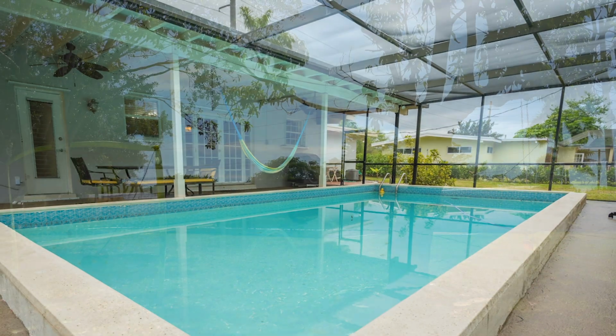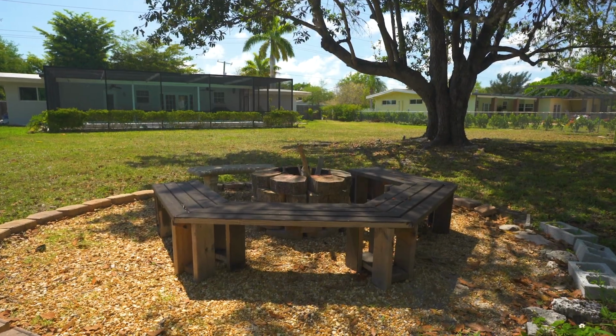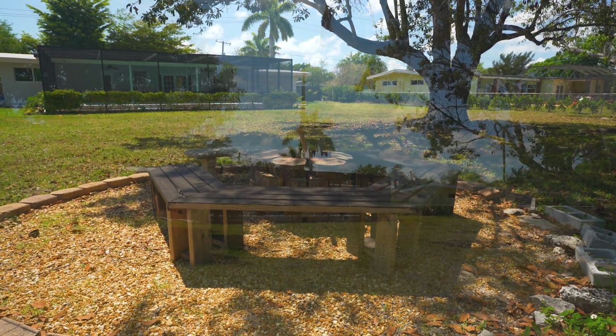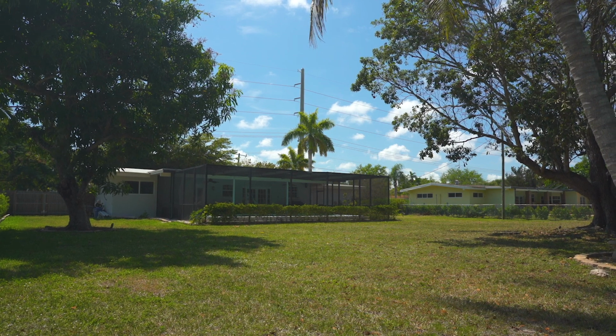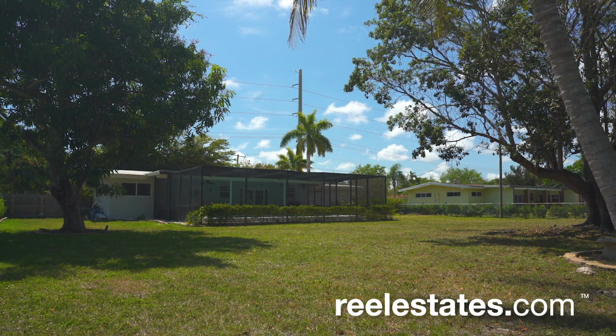17,973 square foot fenced lot with newly planted hedges, a cozy fire pit, and the highly desired Pinecrest School District with Howard Drive Elementary, Palmetto Middle, and Palmetto Senior High. Enjoy the good life in the best priced